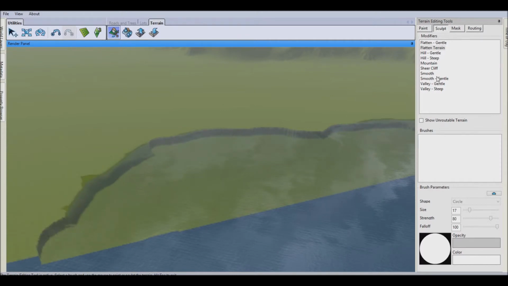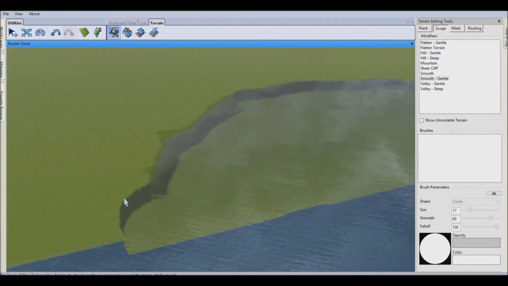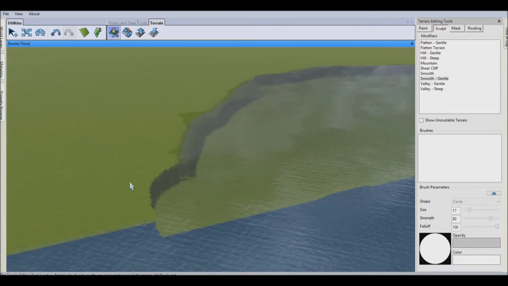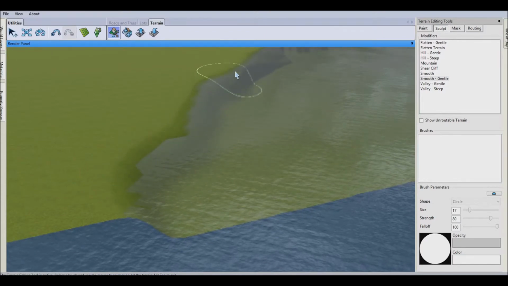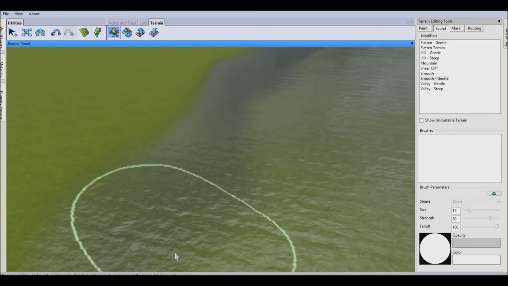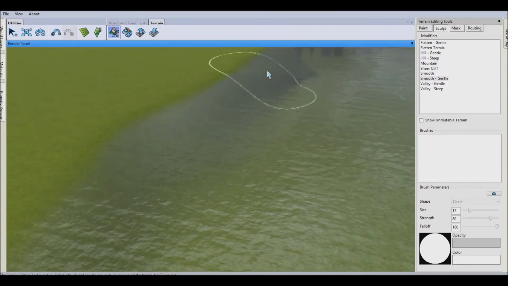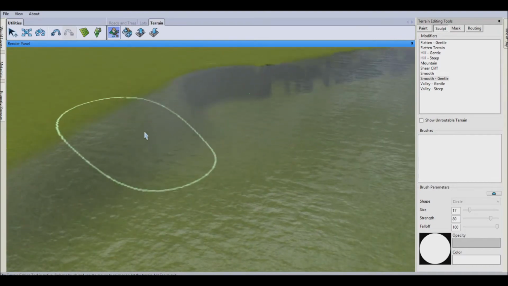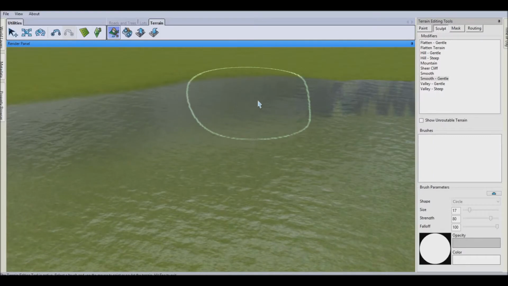thing. So I'm going to get smooth gentle actually. It's a good thing to do this around the whole world, at least by the time you finish, because if you use smooth gentle it just makes it flatter, so it helps with routing issues when you're playing the game,